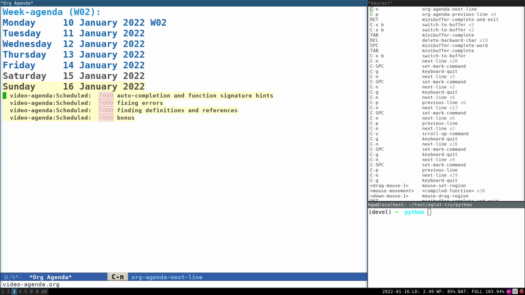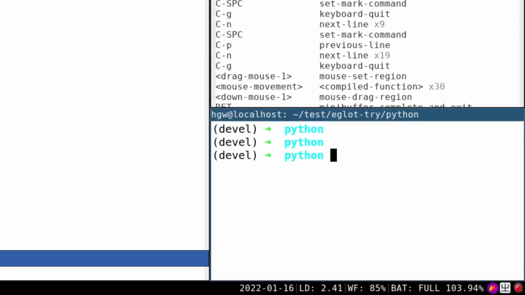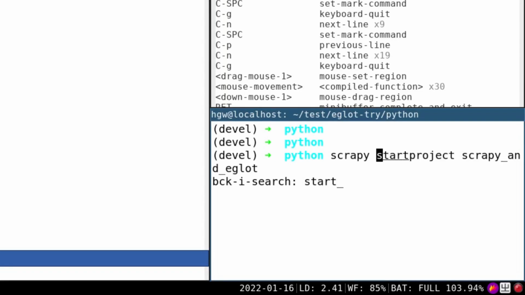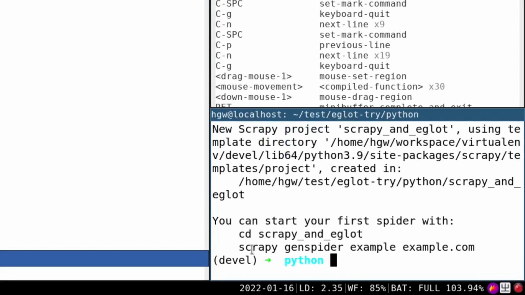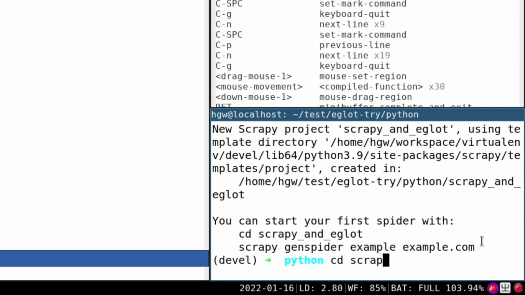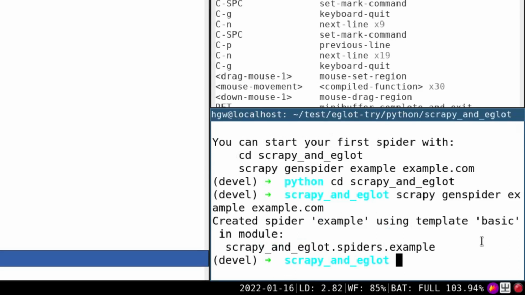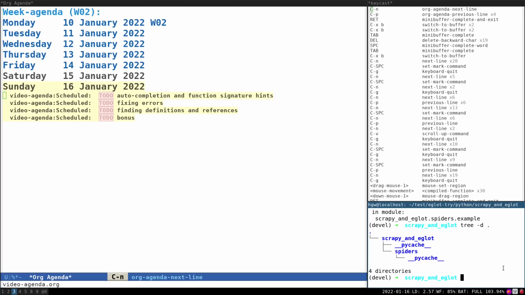Now let's look at the auto-completion. First, I have to create a demo project of Scrapy. That's it, but Eglot can't recognize it as a project at this stage.